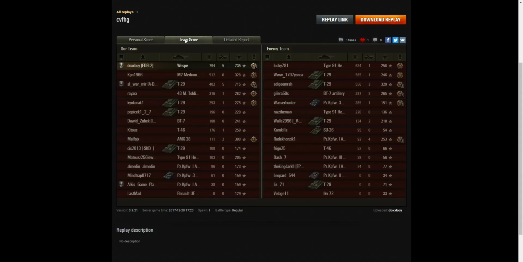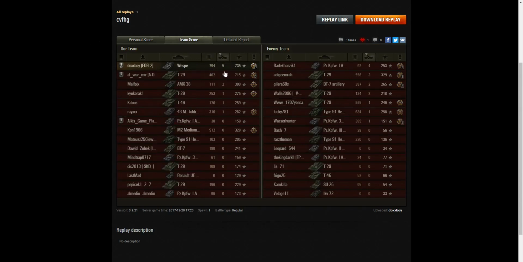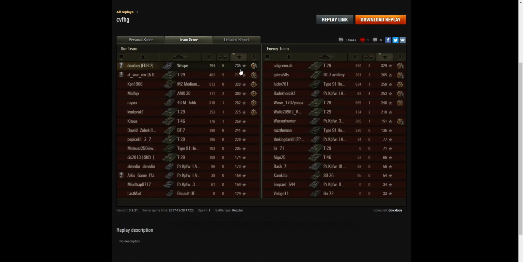Let's have a look at the team scores. This is going to be funny. Okay, he managed to get the highest damage, 794 hit points. He managed to get joint tops in kills, with the T29. He managed to get 5 kills. But when it came to base XP, he was top with